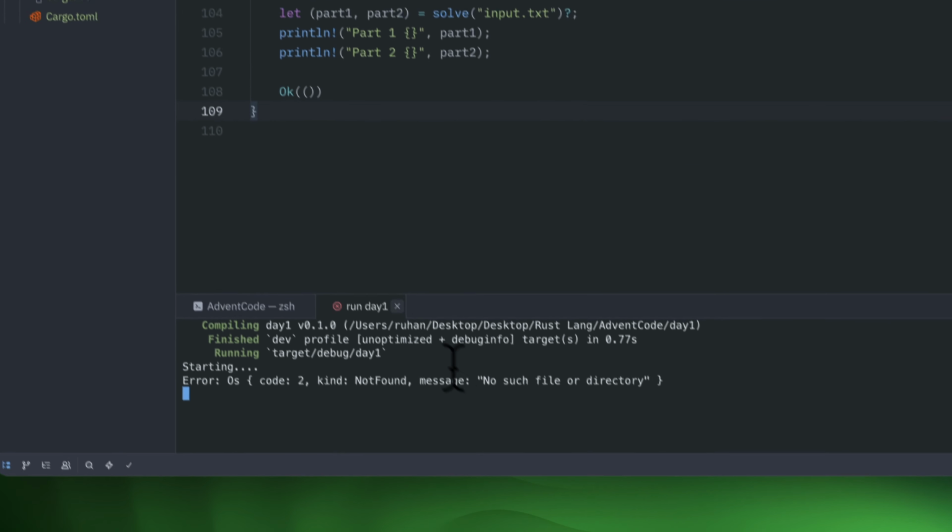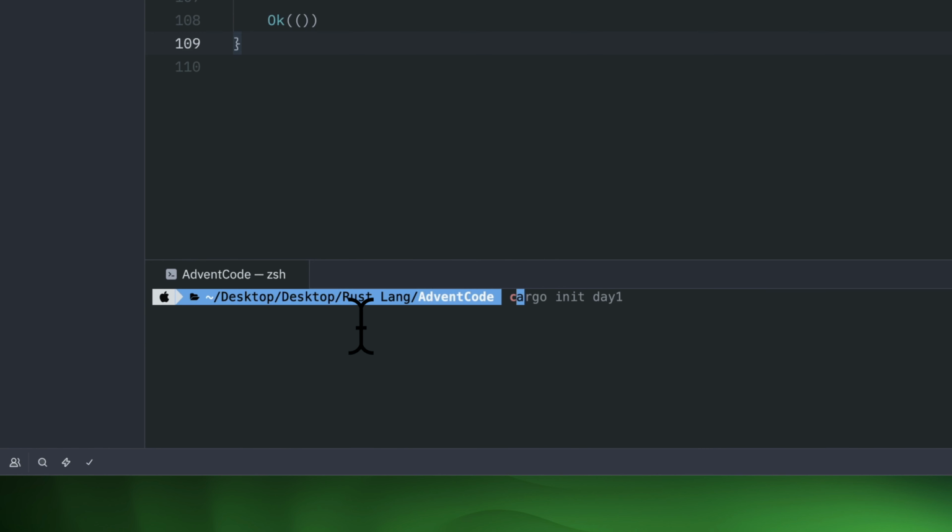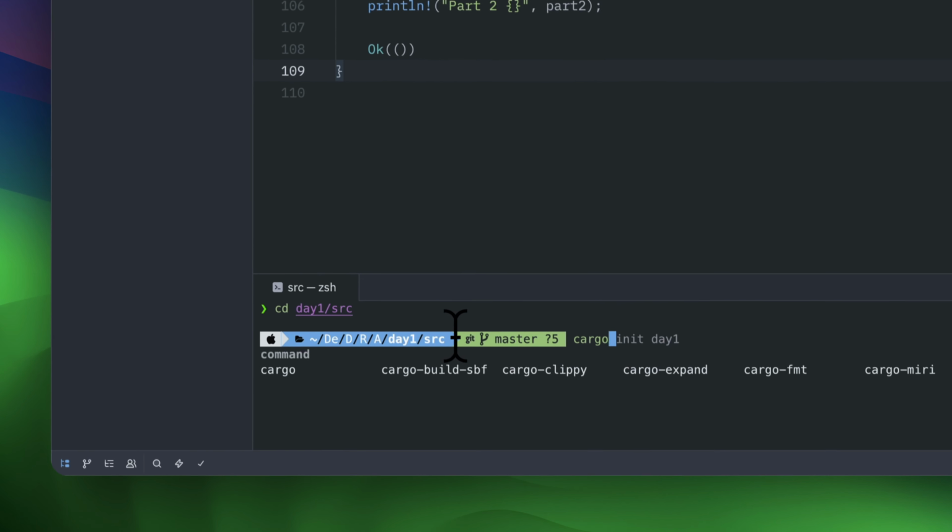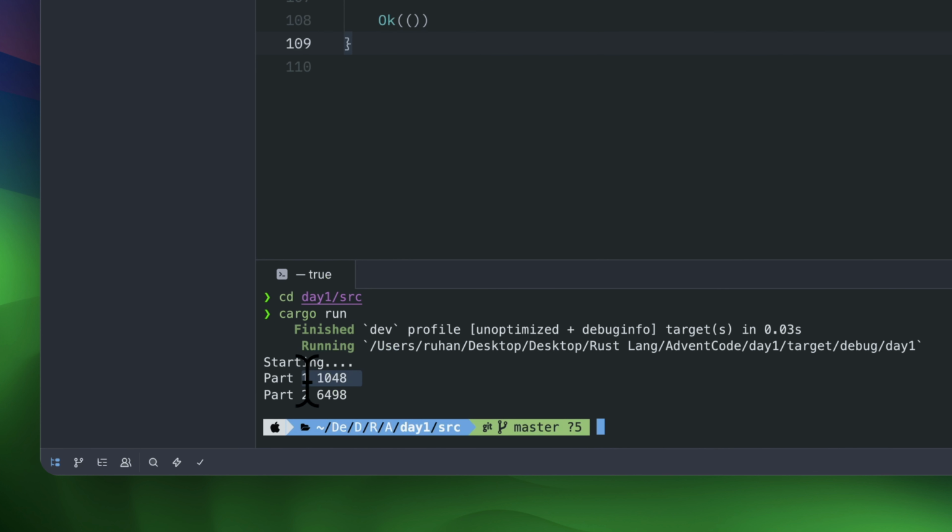Now if I run, sorry, I have to go to the src directory, cd d1 directory and then src, then cargo run. Yeah, the first answer is 1068, and the second